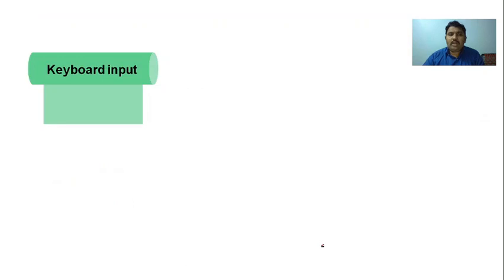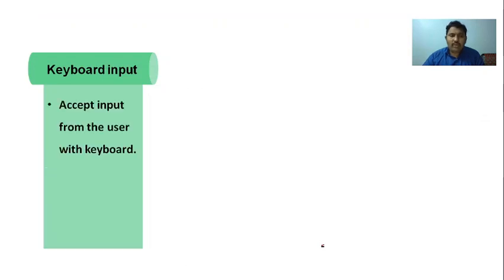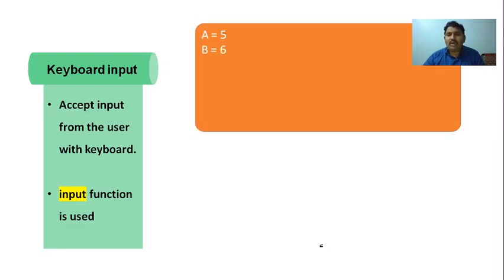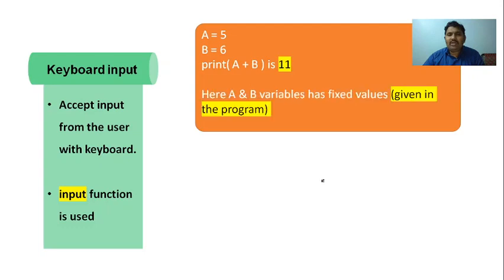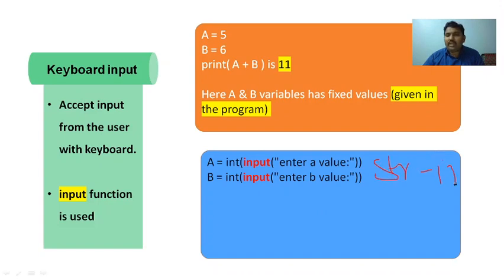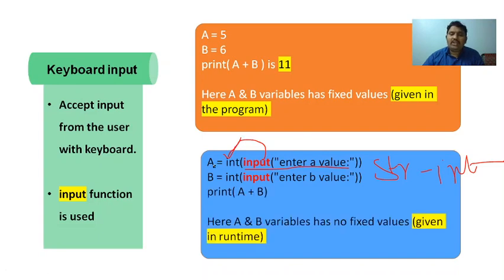So the next topic is keyboard input. What is keyboard input? It is reading the input from the user. I have shown this in the program also. Rather than initializing the values, we can just read the data from the keyboard by using the input function. The input function by default reads the data in string format. To convert the data from string to integer, I put the input function inside the int function. That's why the string will automatically be converted into an integer and a will contain the integer value. So like this we can use the input function. Thank you very much.